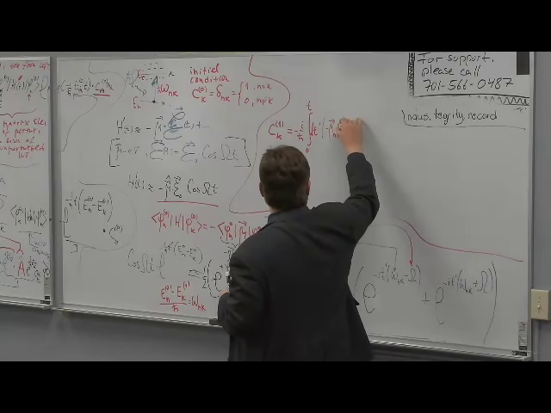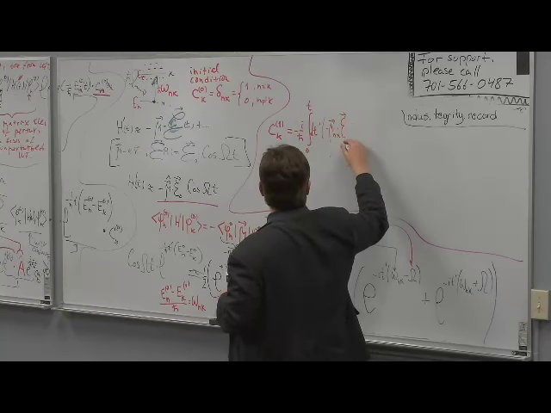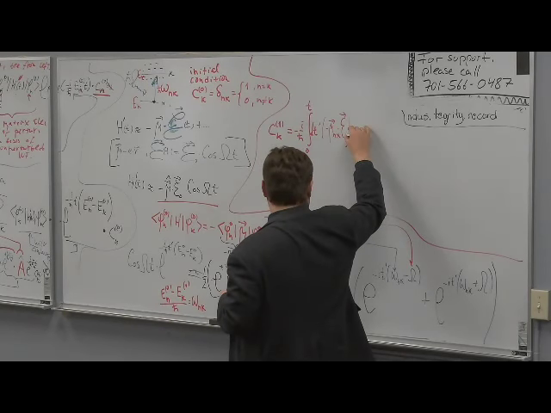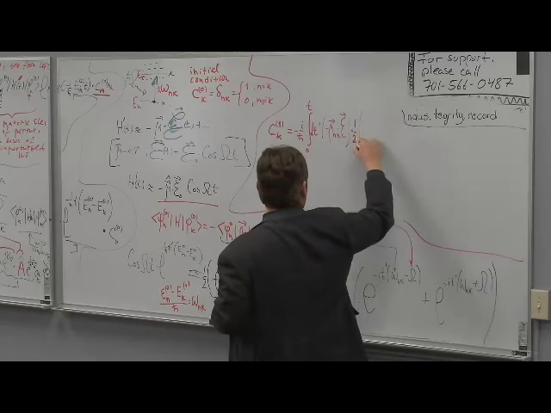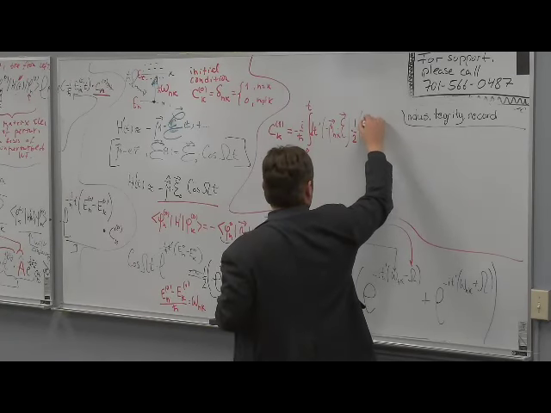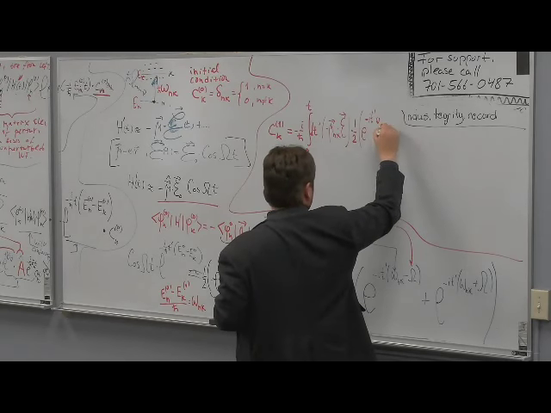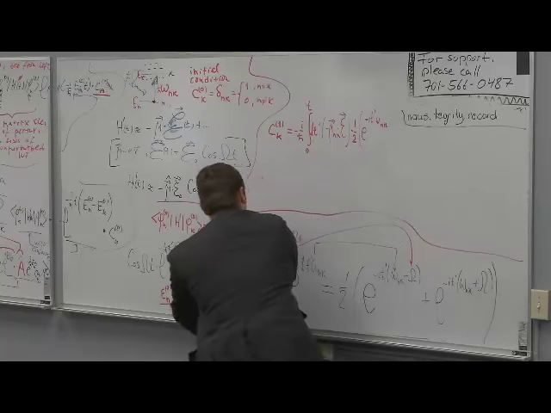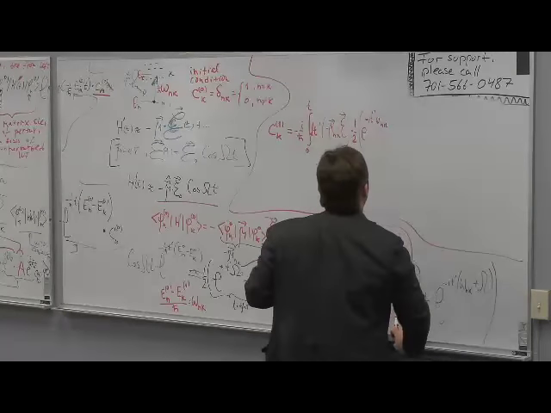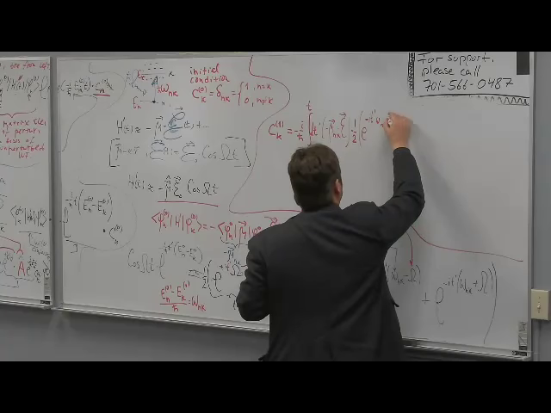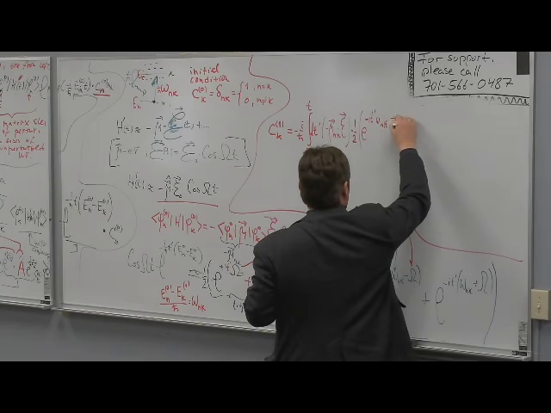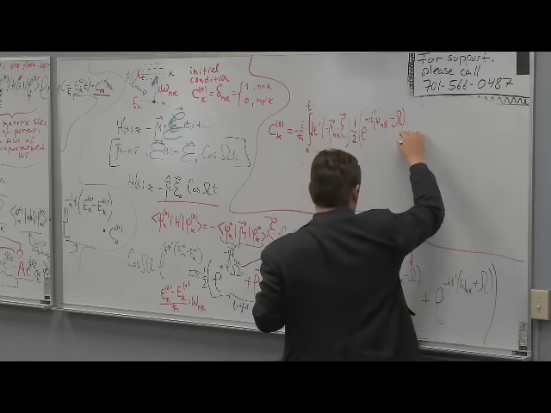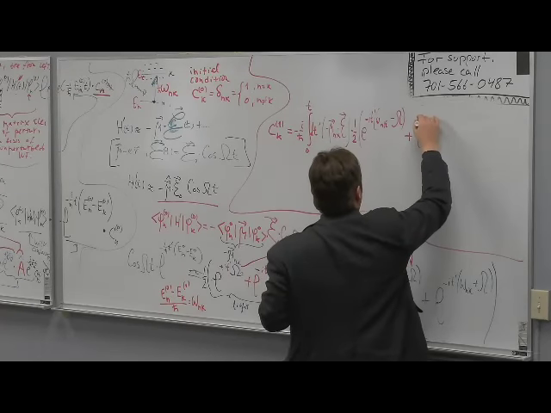Vector times the amplitude of electric field oscillations times 1/2 over NP minus capital omega plus